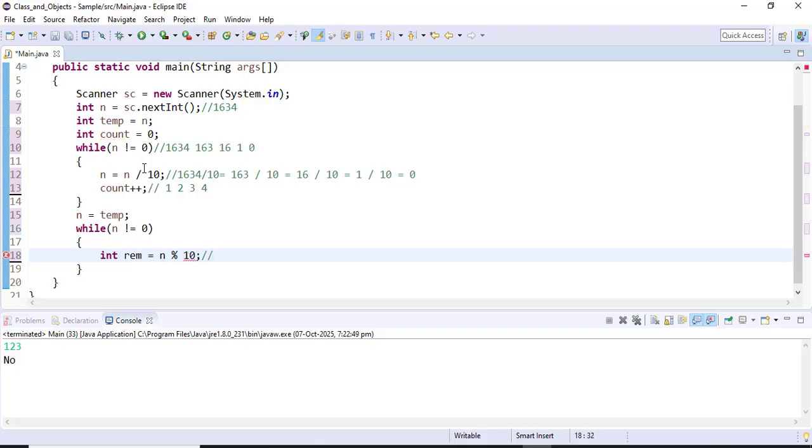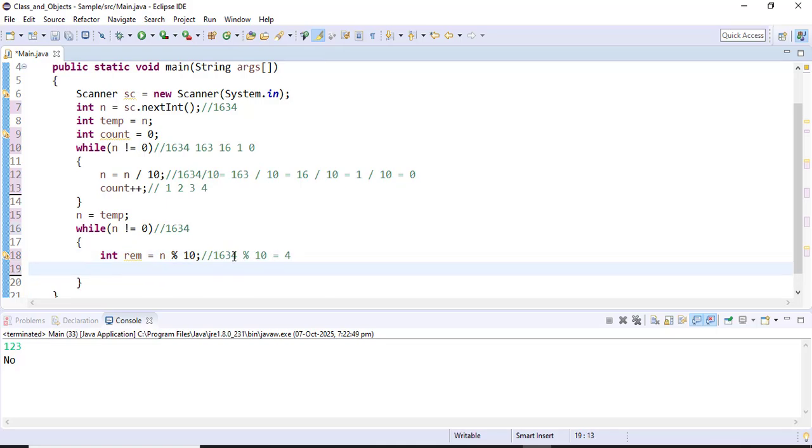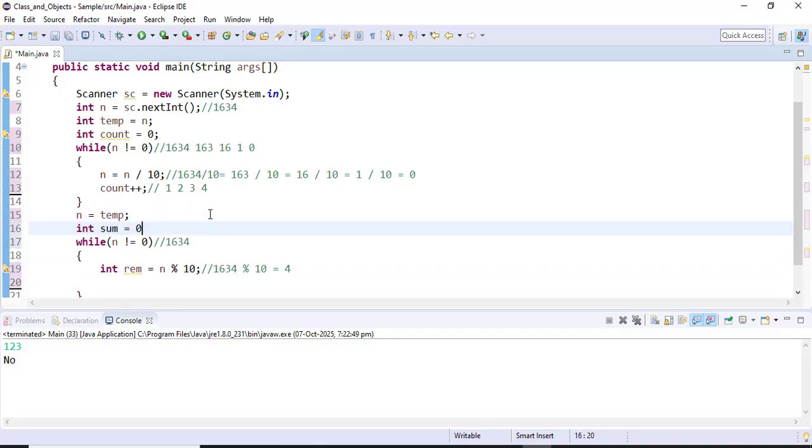So I'll take the input value as 1634. Okay. Now 1634 modulus 10, I'll get the remainder value as 4. Now what I have to do? I have to raise the power value. So for that, I'll take a variable called sum. I have to store the value, right? So int sum is equal to 0. So sum is equal to sum plus